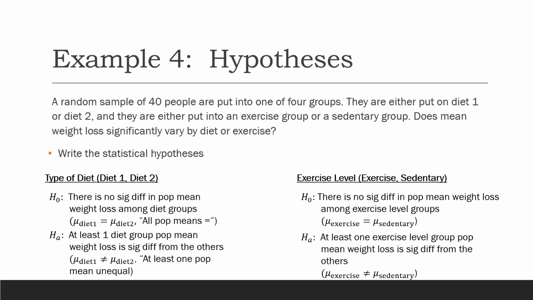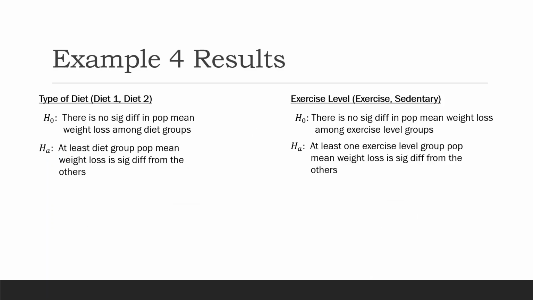All right, and then we can write those in symbols as well, or we can say all the population means are equal between the exercise level groups, and at least one of them is unequal. Again, we're going to have a null and alternative, very similar to the one-way ANOVA. All right. When we're testing our separate hypotheses here,